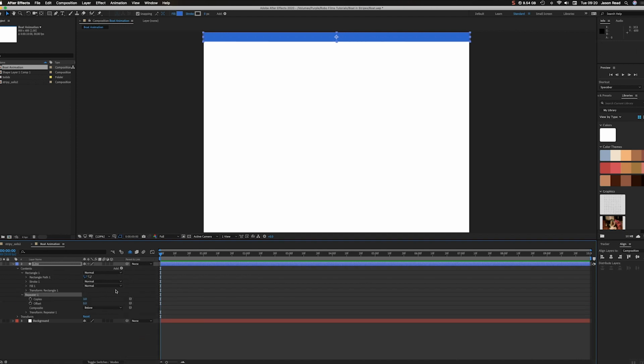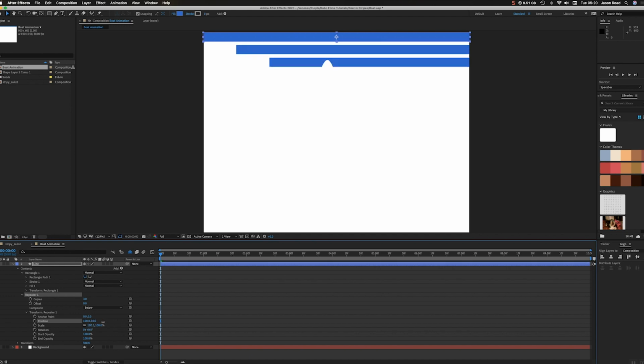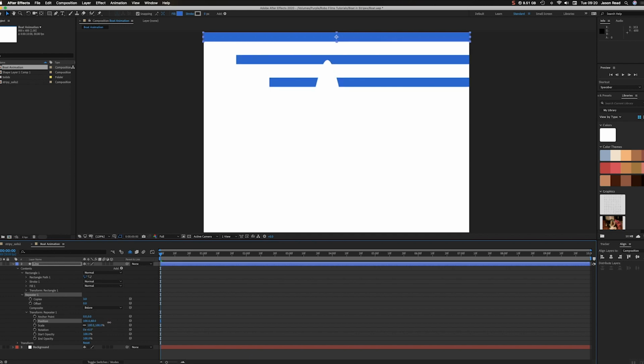And I'm going to go into the transform properties, and basically the transform for the repeater is where the repeats happen. So you can see at the moment I've got 3 copies, but they're only positioned over on the horizontal axis. But if I do it on the vertical, there we go,